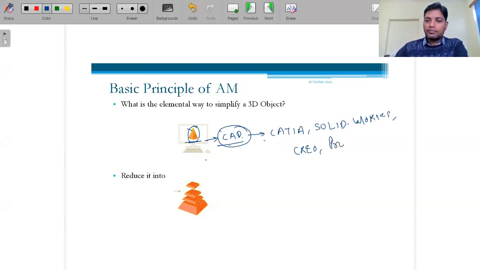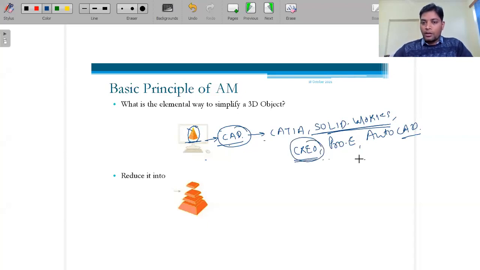AutoCAD you can also use, because AutoCAD is 70% based on two dimensional drawing and 30% on three dimensional, so there also we can do it. But in future we will discuss SolidWorks. If you have Creo, that is also easy, because it is a little bit student friendly.